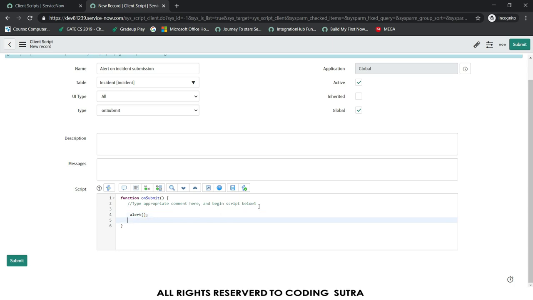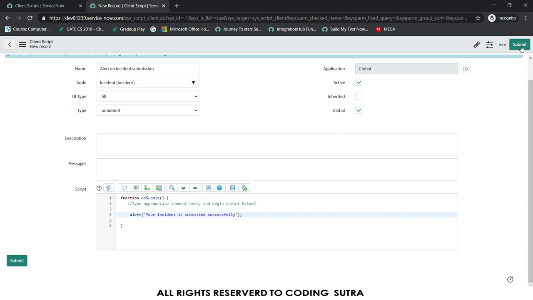Alert takes a string as an argument, so I will pass the string: your incident submitted successfully. Basically it says that your incident is submitted successfully.